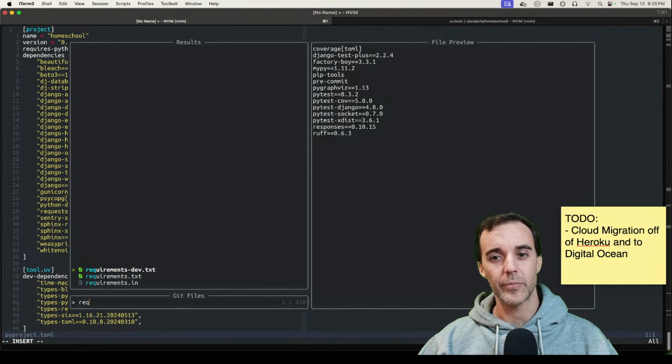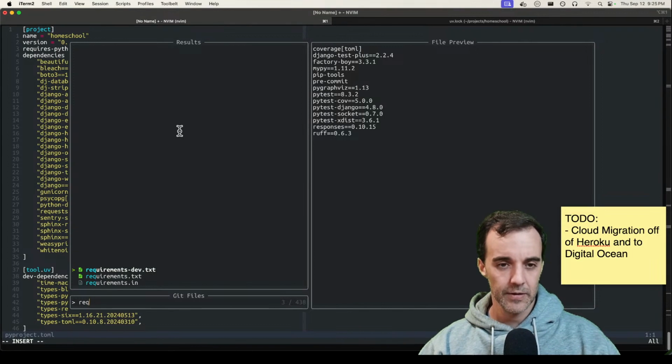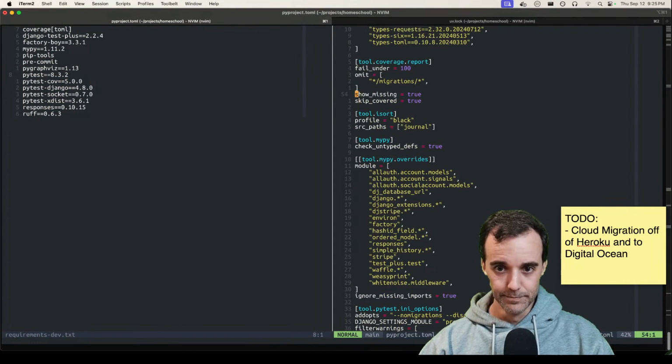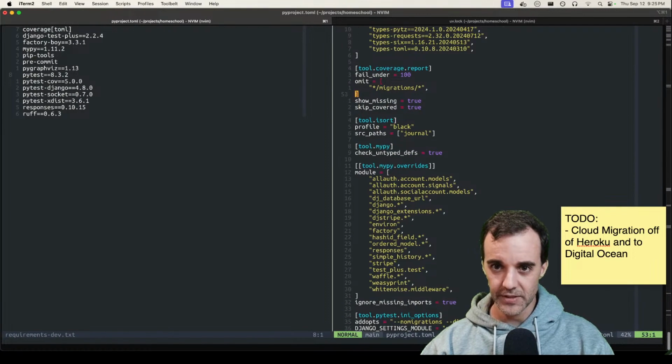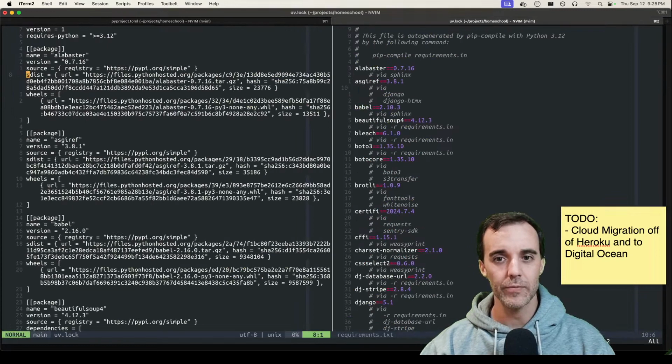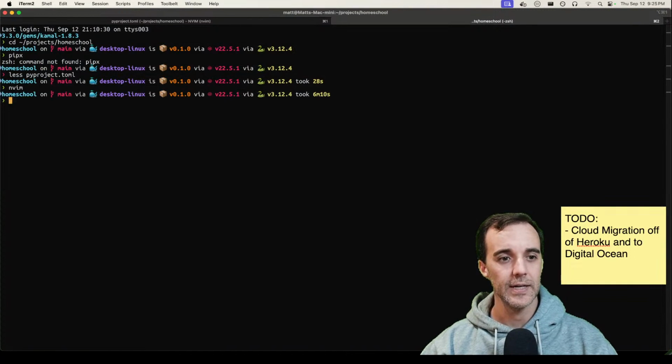I can probably delete this file after I'm done. All of these development tools, we essentially need to add them to this dev dependencies section. So to do that, we can go over here, and from this tab, we can say, the way this works is, instead of saying pip install,